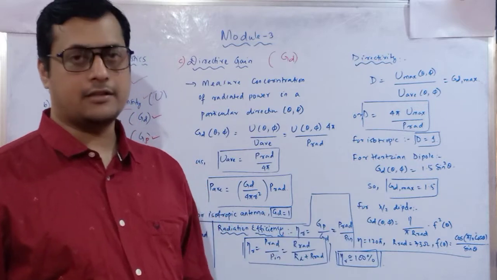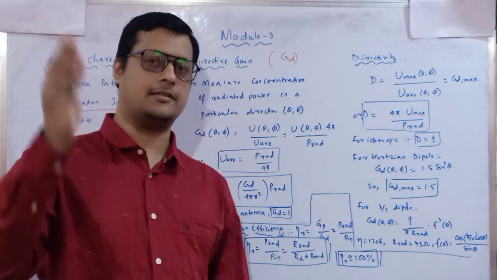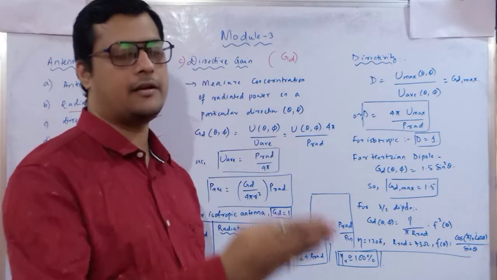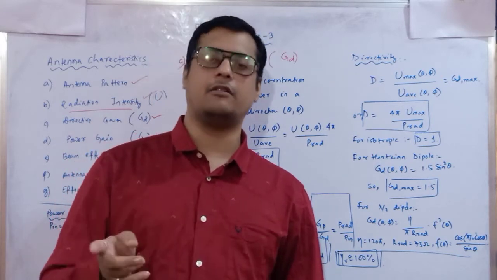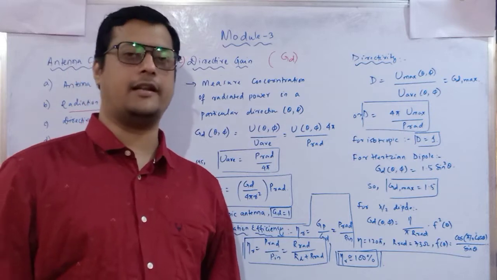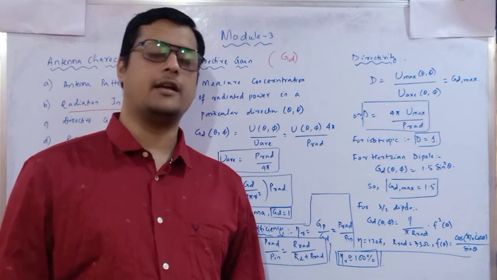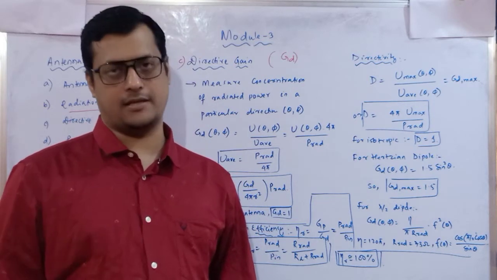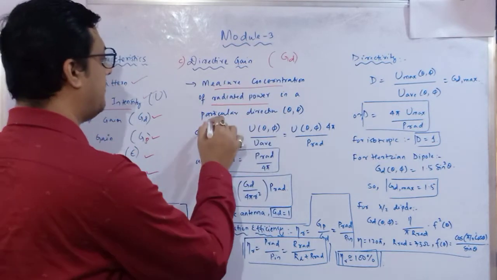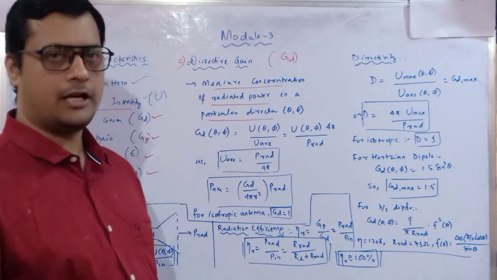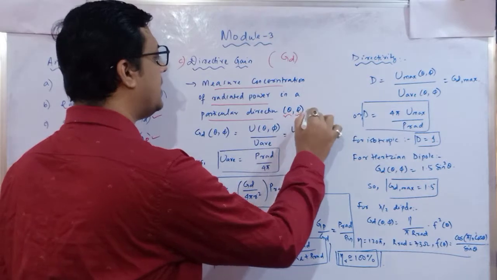In the last class I discussed how we are radiating the electromagnetic fields in a particular direction. Let us consider a_r. If we are propagating our information along the a_r direction, that means the electric field and magnetic field will vary along the theta and phi directions, because we are considering the spherical system. So whatever representation I identify here is with respect to the spherical representation. Here it measures the concentration of radiated power in a particular direction. Which direction? The a_r direction. What are the variables? The variables are theta and phi.